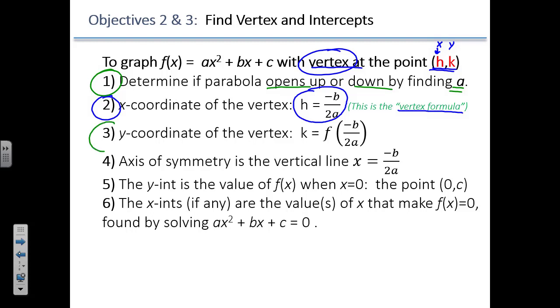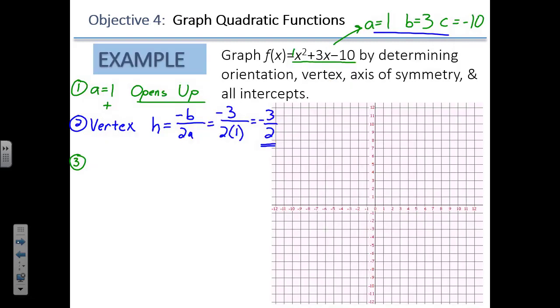To find the y-coordinate of the vertex, we take that value that we just got, negative b over 2a, and we plug it into the function. So we're using our function notation here. That gives us the k value, which is, of course, the y-coordinate of the vertex. Let's do that. So the other part to finding our vertex here is to find our k value. And so to find our k value,